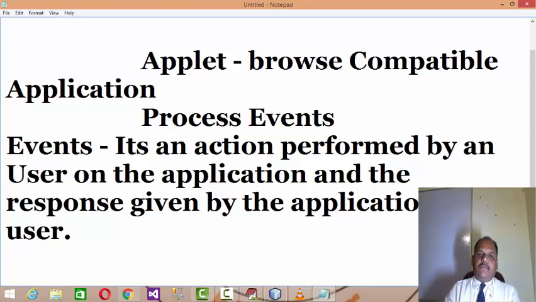What is an event? You have an application, and on that application if you click somewhere, if you drag the mouse position somewhere, if you double click somewhere, these actions performed by the user on that particular application, that means an event; the user has fired an event on that application.